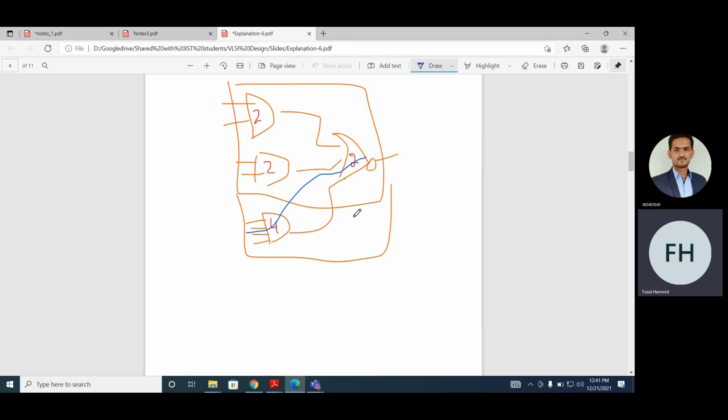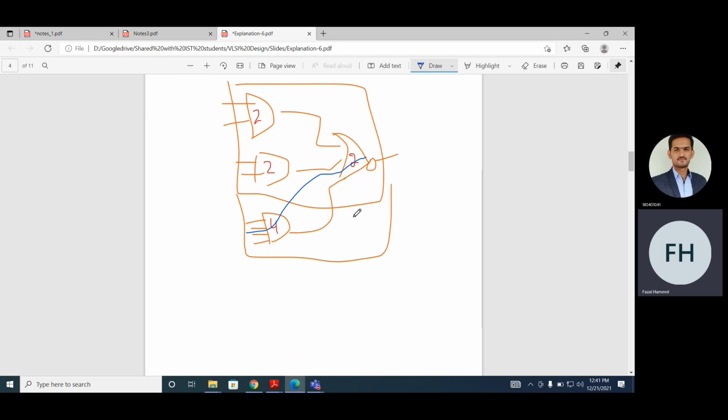Now when you have different gates, you need different components. You need to connect one component with another component. If this is an AOI cell, it means you have a pull-up network and then a pull-down network. There will be some transistors used in the pull-up network and some transistors used in the pull-down network.